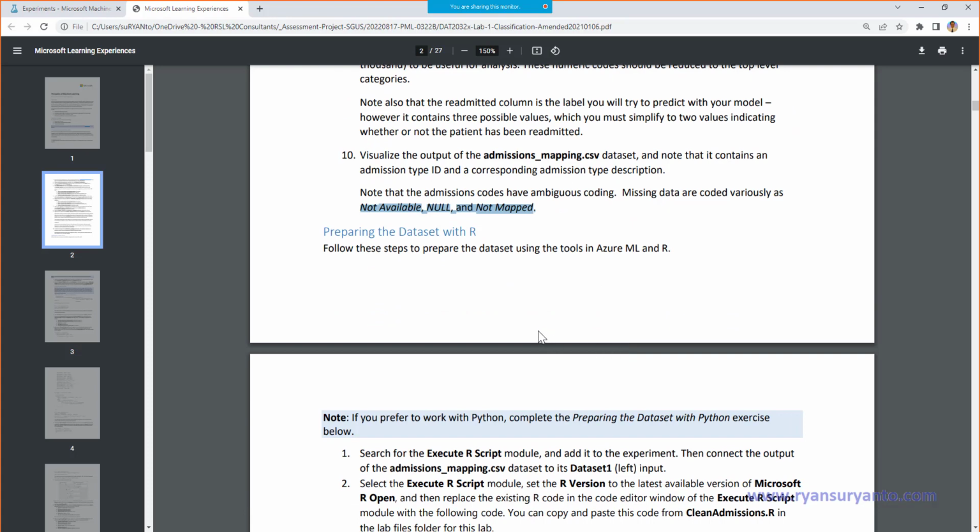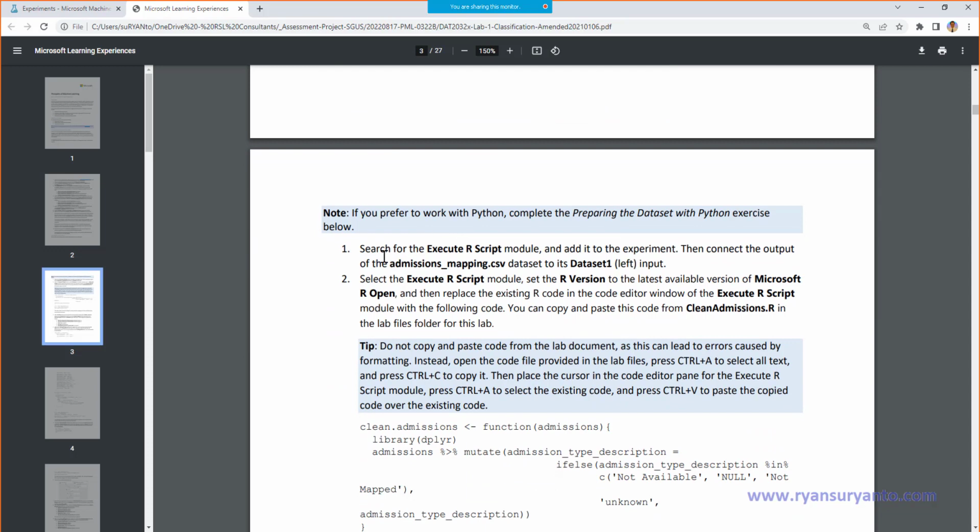Okay, so we're going to take the first exercise using R. Follow the steps to prepare data using the tools in Azure ML and R. Search for the Execute R Script module, and then connect it to the output of the admission mapping.